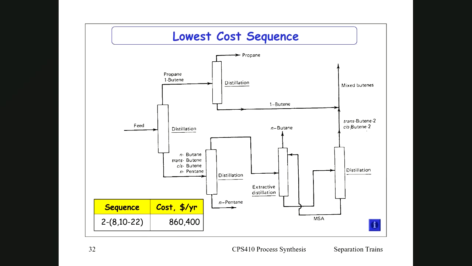So eventually you land up with the lowest cost sequence, showing where you've got propane and butene, and then you can distill butene from the propane, and then you mix with the mass separate from the two butenes that you got using the mass separating agent, the peripheral, gives you your $860,000 column. Okay, so that's a lot of engineering work in the design phase, but it's really important that you put in that work in the design phase